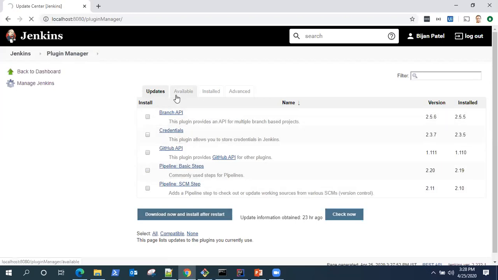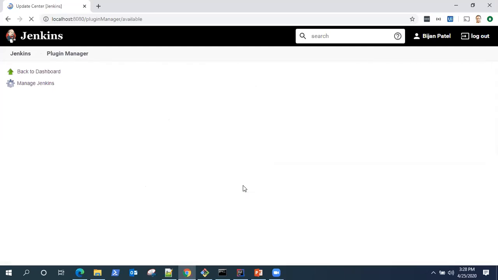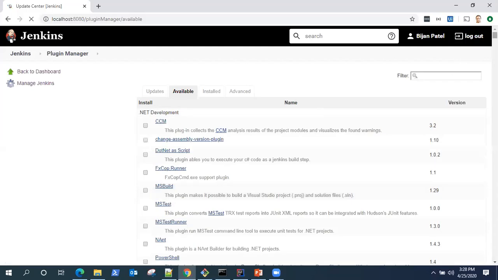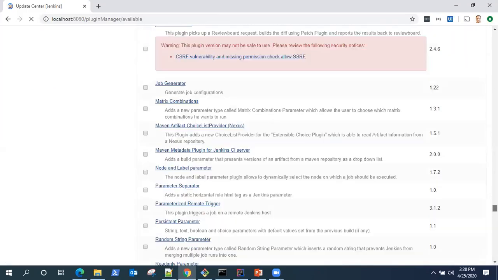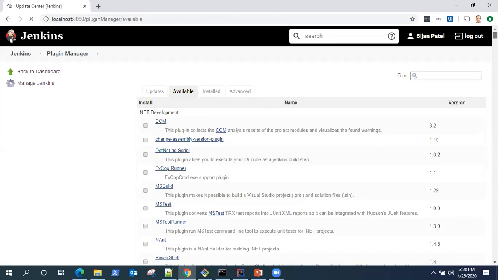Now, if you go to the other tab, which is available, so this is the place where all the plugins are available for Jenkins, right? So you can see there are a lot of plugins. So if you want to install any plugin, say for example, let's search Maven, right?